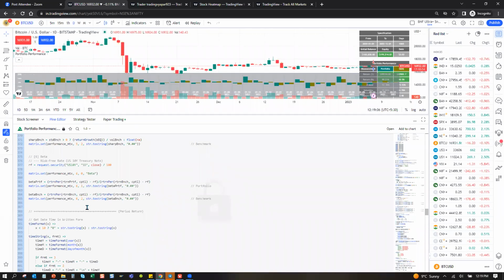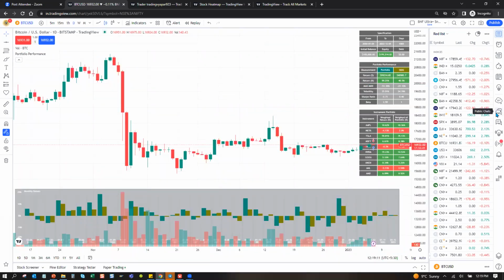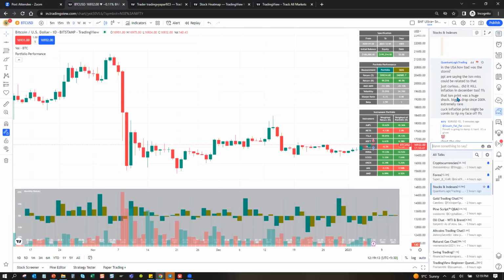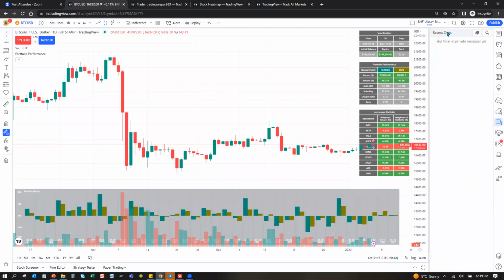Another good thing is this place, the chat box. If you want to send me a message, find my ID and just drop me a message: Hey, I'm doing this code, I'm getting this error, can you please help me? Trust me, the moderators and experts in Pine Script really help a lot. They have really helped me a lot when I was stuck at times.